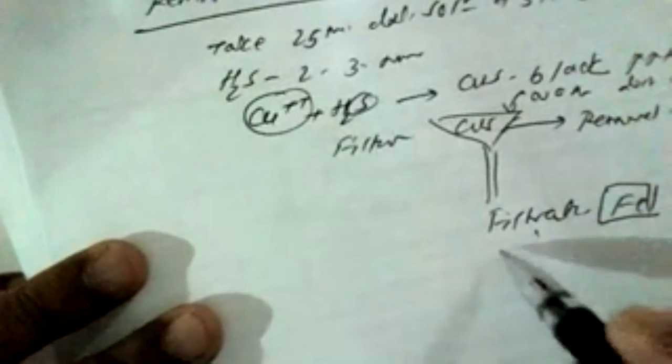We have to wash this precipitate with distilled water, and we have to collect the filtrate and washings in a separate beaker. Now we have to heat this content, that is filtrate and washing, to remove excess of H2S, because for the complete precipitation we have passed H2S in excess. So the hydrogen sulfide gas is in dissolved condition. In order to remove this, we have to heat the solution.